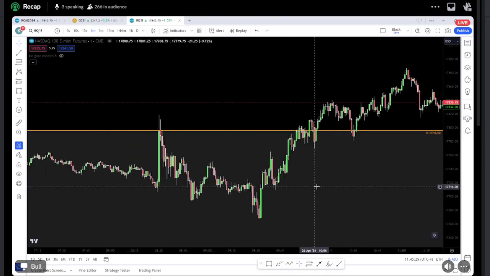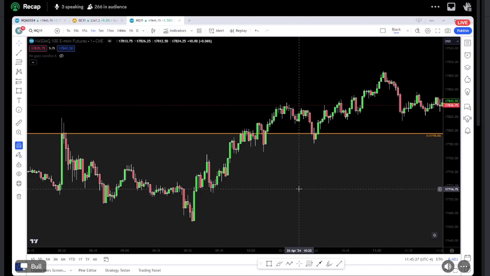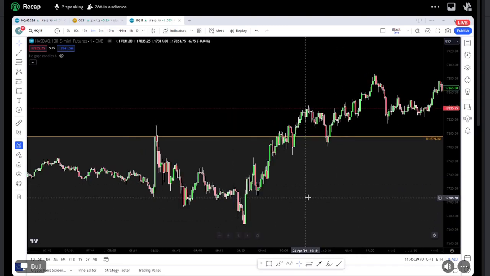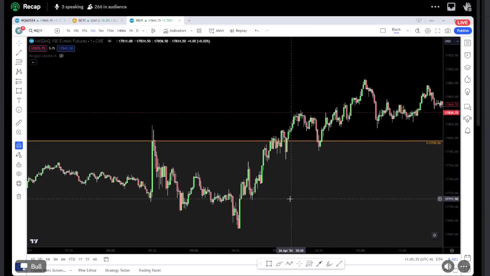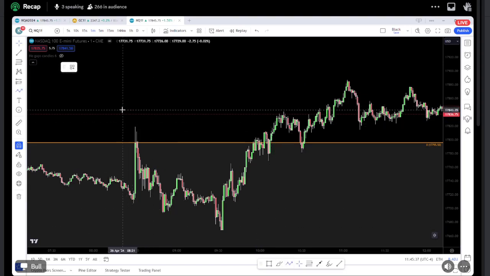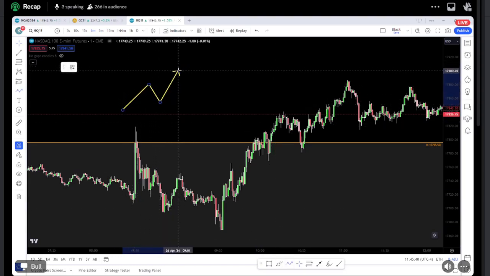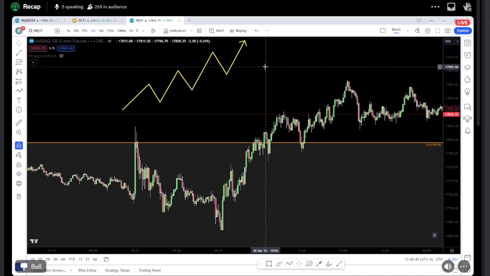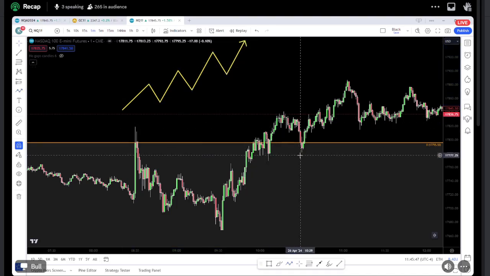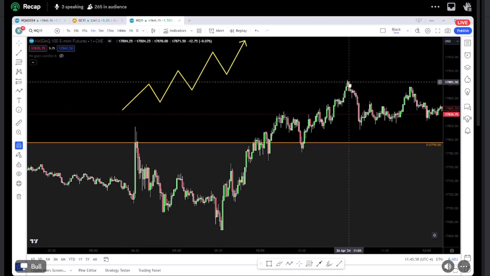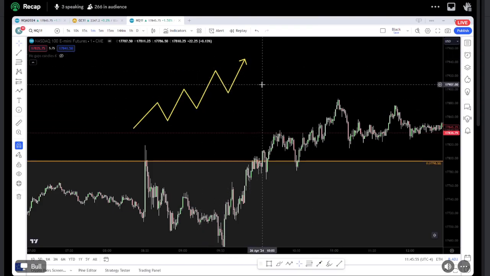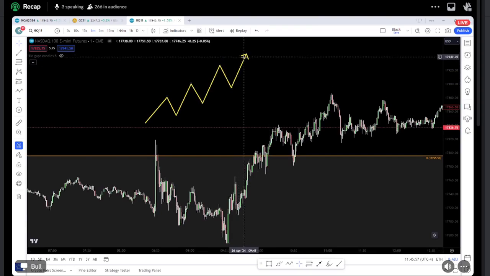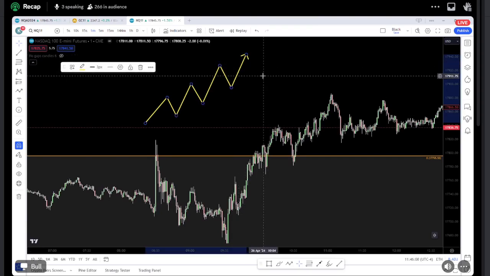what you're doing is you're following your protected lows on the way up, because now we're anticipating that our higher time frame pullback should be over, and we're looking to create what? We're looking to create structure like this on our way up, at least on a higher time frame. And then our lower time frame is facilitating pullbacks that then lead to higher prices until we get a structure shift, right? And in order to determine what a structure shift is, we need to understand what our protected lows are.